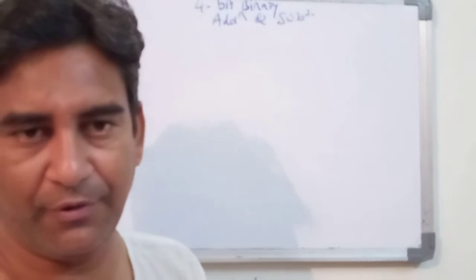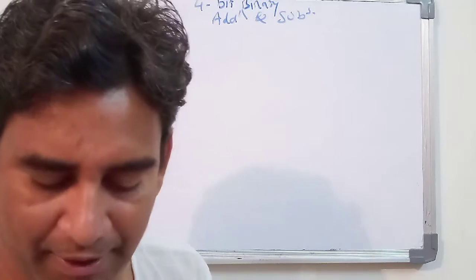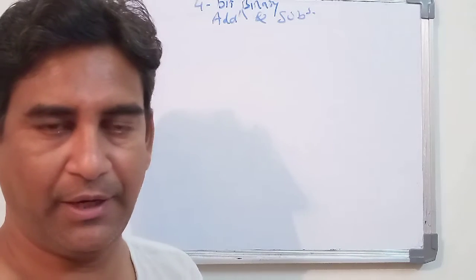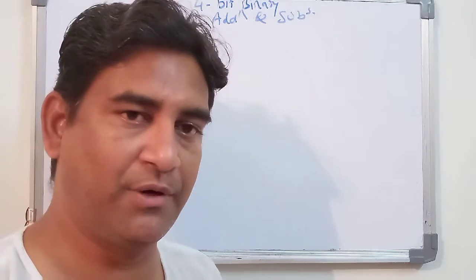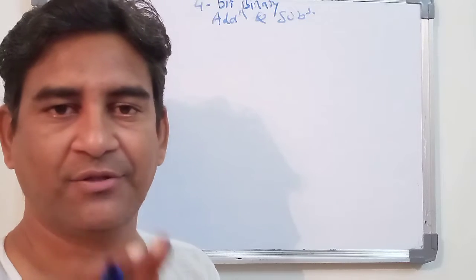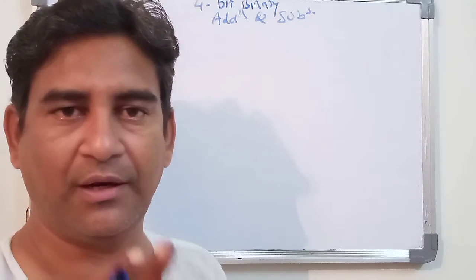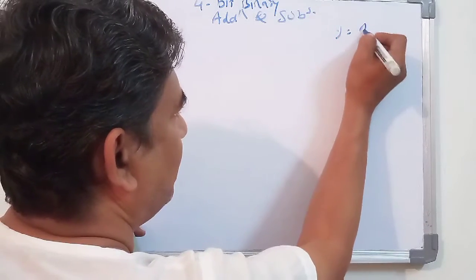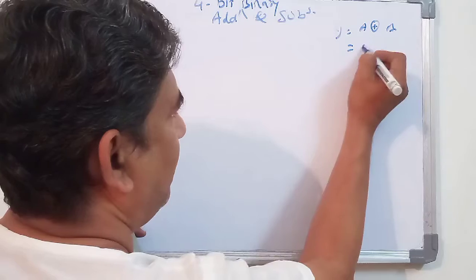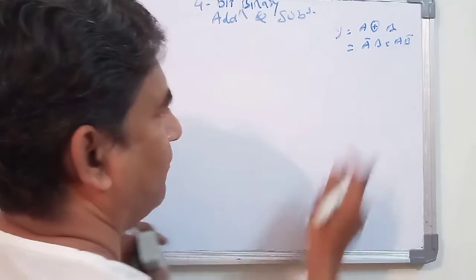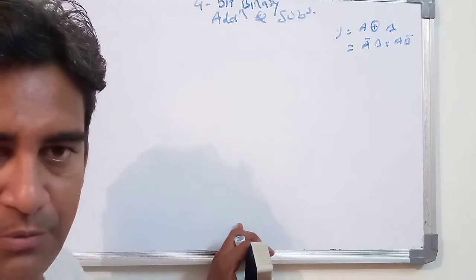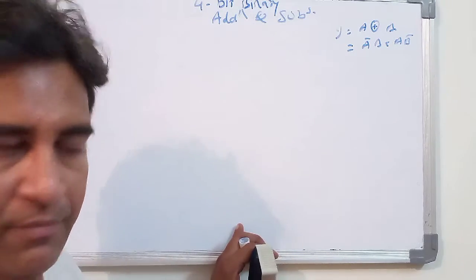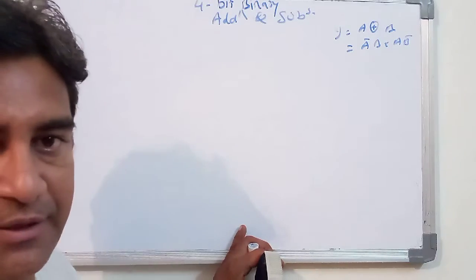For obtaining that 4-bit addition and subtraction, you are able to form it using gates. It is only possible using gates. Now, which gate is responsible for that? It is the XOR gate. Only the XOR gate has the function, because the output y is equal to A circle B, or A bar B plus A B bar. Ultimately, you may say that the 2's complement adder and subtractor is being used in a 4-bit binary adder and subtractor.